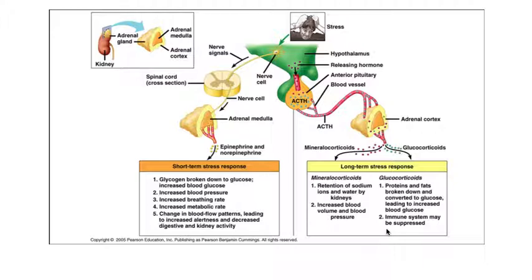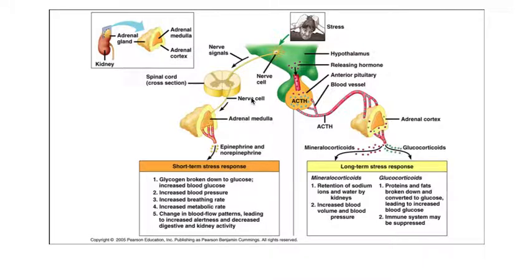So you're going to have a jolt of these hormones come in. It's going to bring your heart rate up a little bit. But that's actually good for a test because it increases your blood flow to your brain. It increases availability of glucose so your brain cells can think a little bit better. Then the test is over and you'll come back down and your parasympathetic nervous system brings you back to homeostasis. And then you go home and something happens at home and you have a little stress response. So normally throughout our day, we're kind of conditioned to have short-term stress responses, but then come back down to